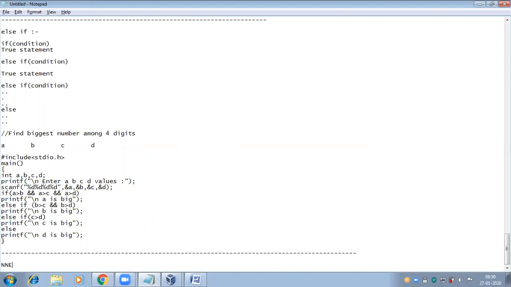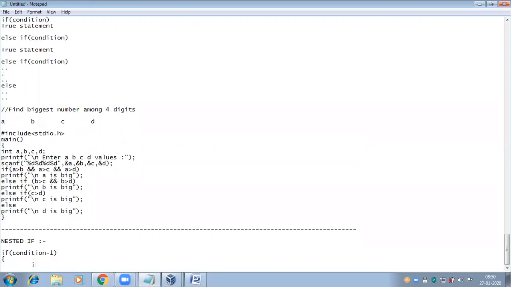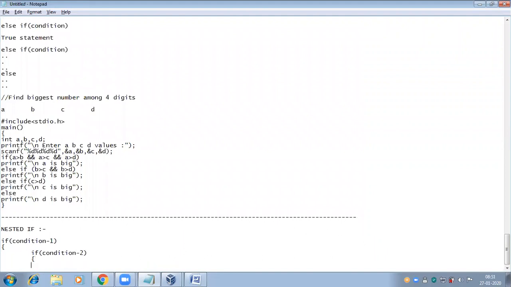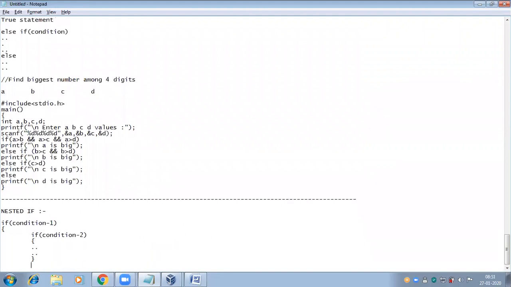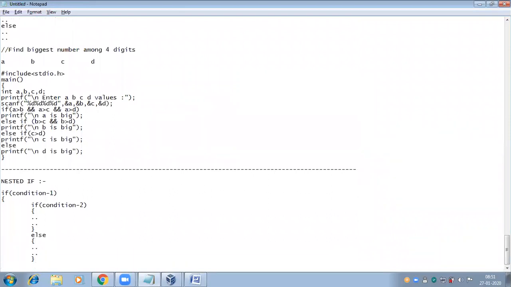In case of a nested if within another if, condition 1 should be satisfied, then only the control comes to the inner if. If condition 2 fails, then this else part will be executed.